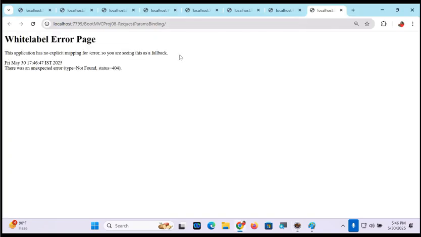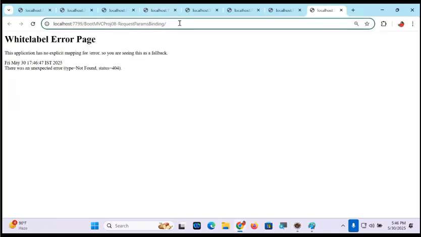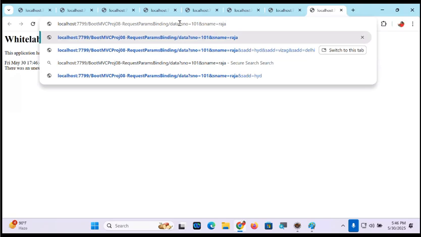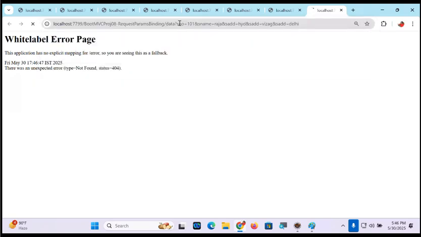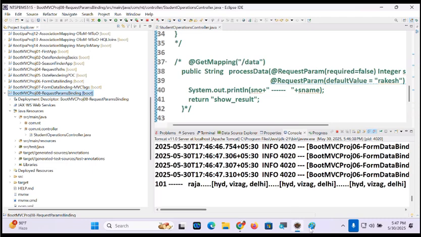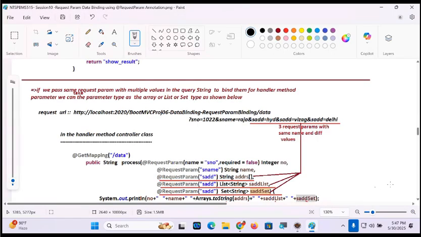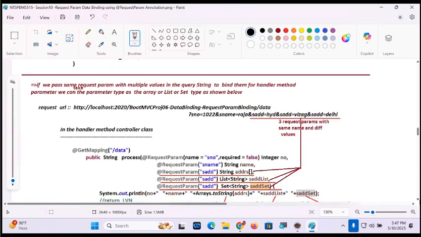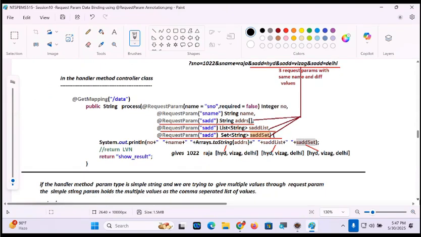Data, guys. Tell me here. Ampersand this. Values are coming, multiple values are printed there or not? Teaching all these things, for example, in my form page multiple checkboxes are there. Multiple values will come for the same request parameter. Then how to store them in the model class? By taking array type or list type, set type.